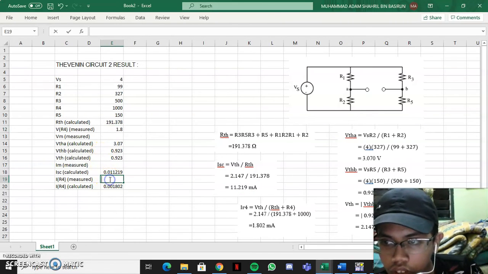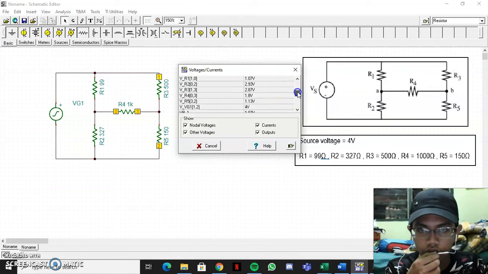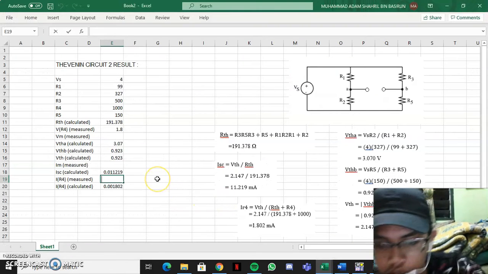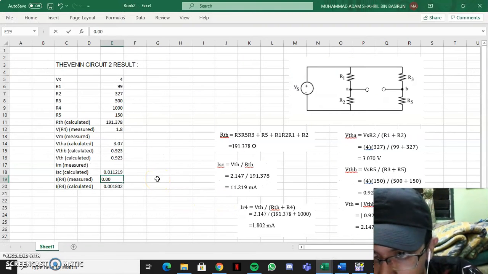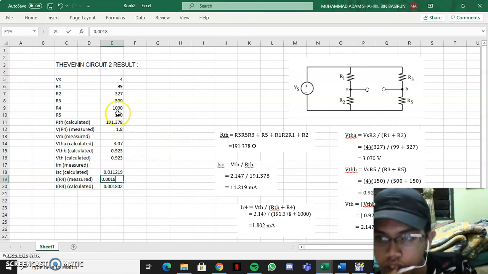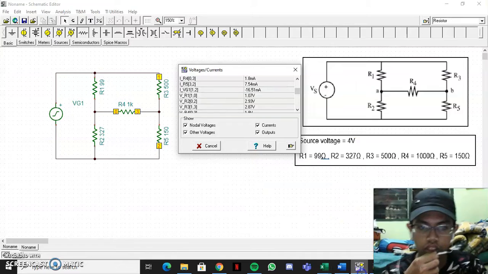So for the current in R4 measured from Tina, we get the value 1.8 milliampere. So we put it in the Excel. The value is 0.0018 ampere. So next, I want to get the voltage M measured from Tina.